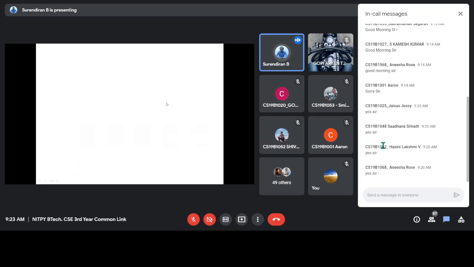Let us see an example for first normal form. Here it says that all the attributes should be atomic, or single valued. First normal form removes multi-valued and composite attributes. It should be single and atomic. Okay, that is first normal form. Let us see an example. Let us take the student database and we can see the example.